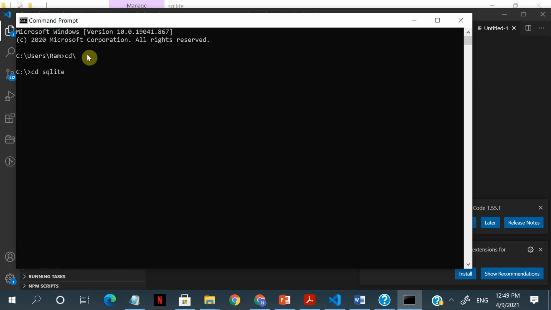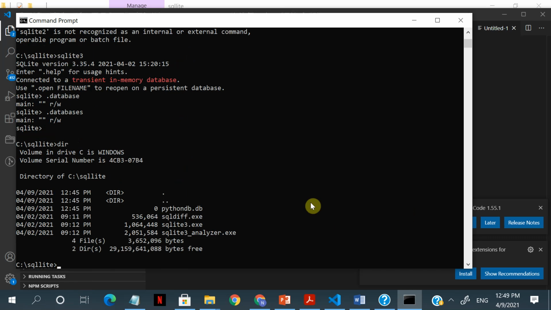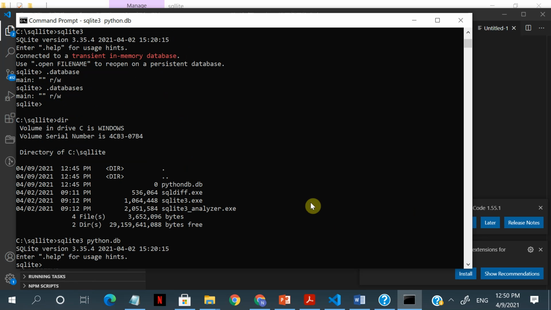So basically SQLite has to be downloaded to your machine here, and we have it already. I've installed it in my, that's the folder name. So we're going to go over here to that folder .db. It will create that particular database. Now if you see here,